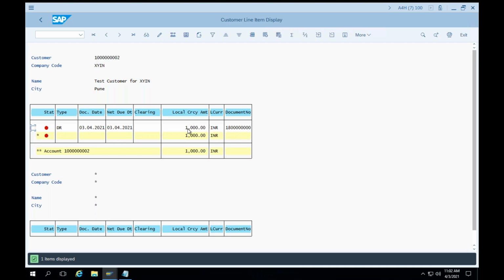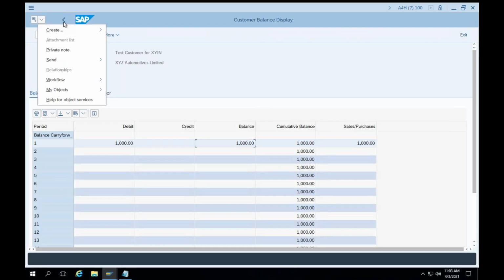Now let's assume this customer came to you and said, why are you charging 1,000? We agreed for 800. What will you do in that case? If you agree that yes, I charged more, you will create a credit memo for 200. So you will credit the customer. When you invoice the customer, you debit the customer. When you give the credit memo, you credit the customer. The same way as we have seen in case of AP,